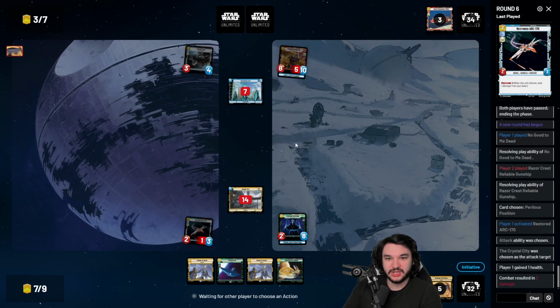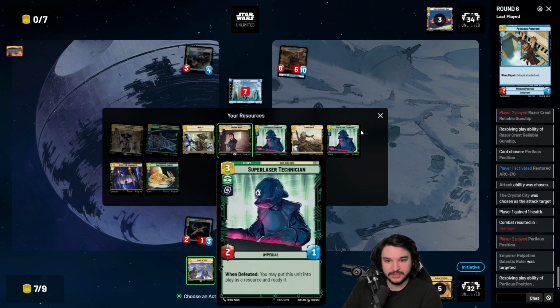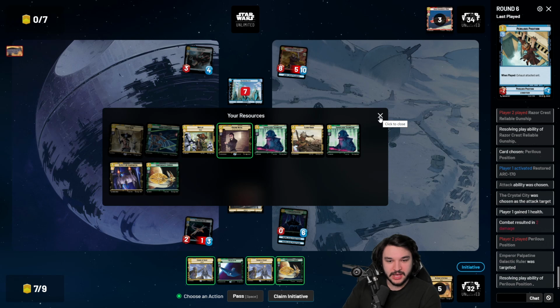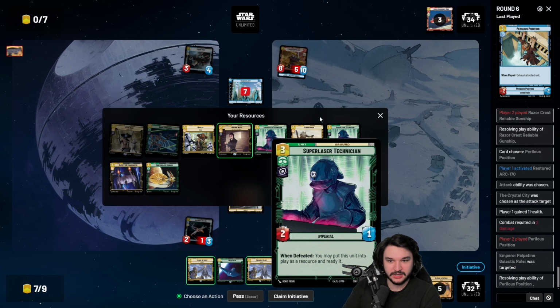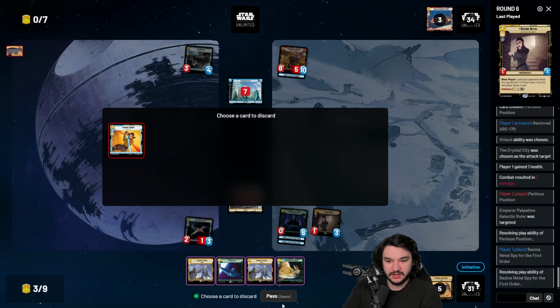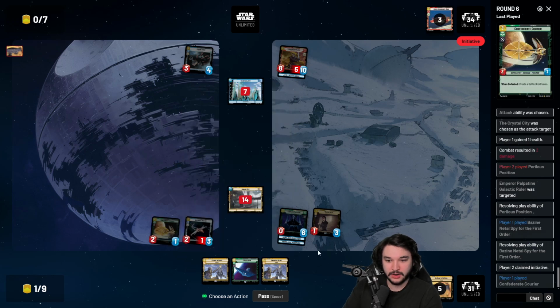Restore some HP here. Perilous Position on the Palp. That's totally fine. Let's go ahead, and I can't really Change of Heart anything, huh? Let's go Bazine. They have a Kanan. We'll pass on doing anything to the Kanan. Let's go Confederate Courier. And the reason why I'm not too scared, why I didn't go Change of Heart, is